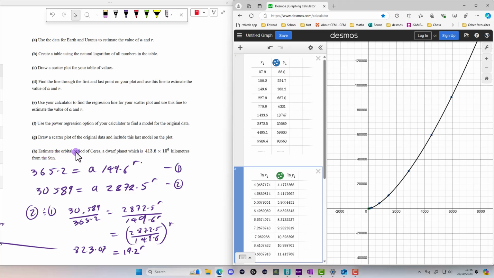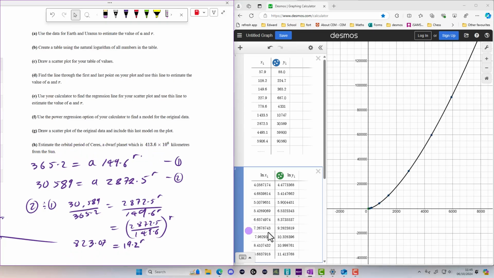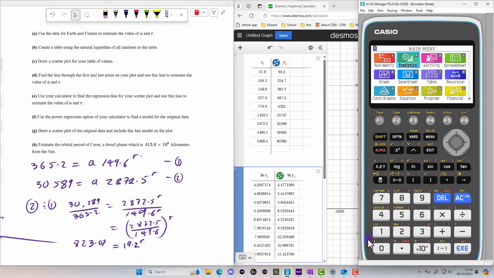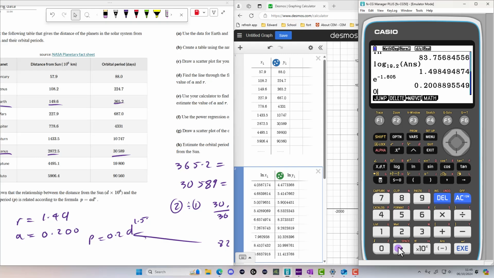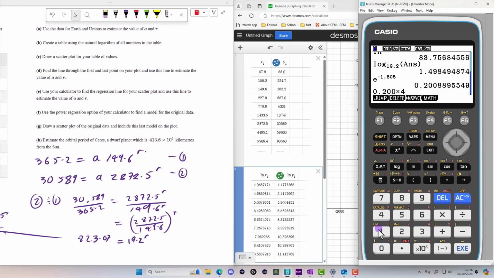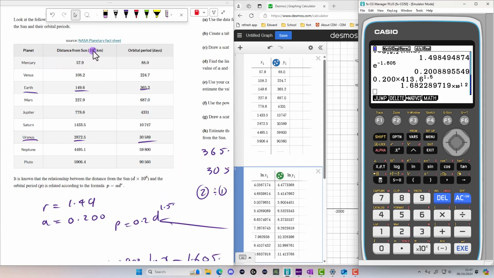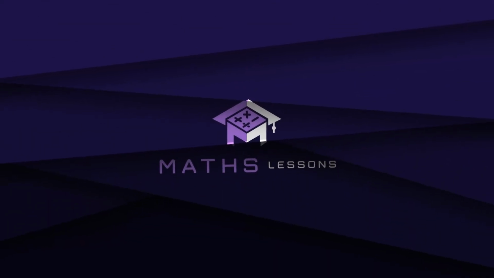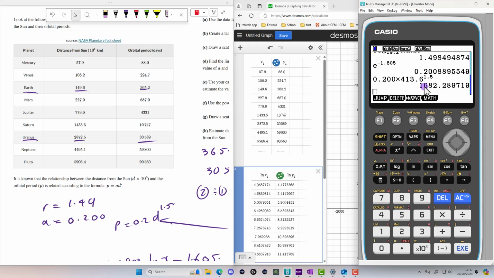Now we can estimate the orbital period of Ceres, a dwarf planet which is this far from the Sun, by putting this into the formula that we found. So we get our calculator, menu, 0.200 times distance, which is 41. As our distance from the Sun is in multiples of 10 to the 6, we didn't need that times 10 to the 6. We're just going to raise it straight to that power. Press execute, and we get